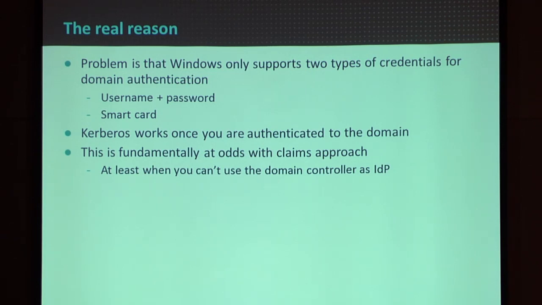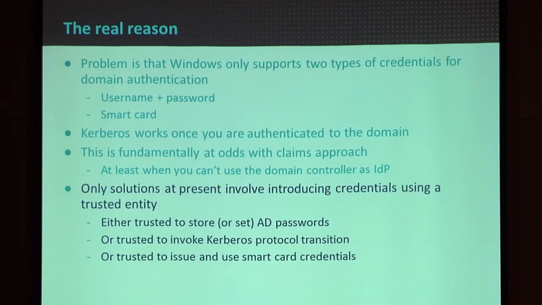And that model doesn't fit very well with claims-based. If I came in with a claim, all I know is the user identity, and I may be prepared to believe that is the right user, but I don't have a Kerberos ticket. I don't have the password hash for doing entitlement. I have no way, by default, of doing anything with that identity other than telling the app, trust me, it's Joe who's logged in. So there are some solutions to this. One has been around for some years, and there are some newer ones, but none of them is perfect, and they all have complications in one way or another.